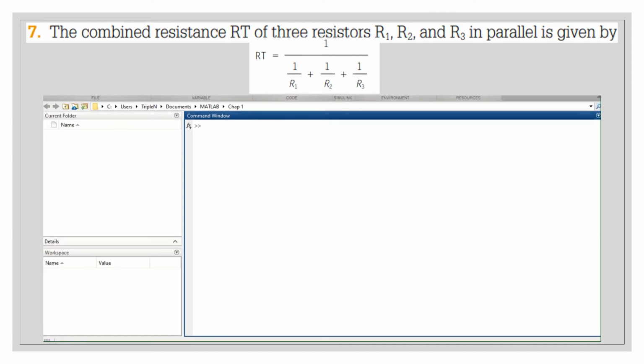Well, the question says the combined resistor RT of three resistors R1, R2, and R3 in parallel is given by RT is equal to this expression: 1 over R1 plus 1 over R2 plus 1 over R3. And then the question says create a variable for the three resistors and store values in each, and then calculate the combined resistors. Alright, we're going to do, let's say